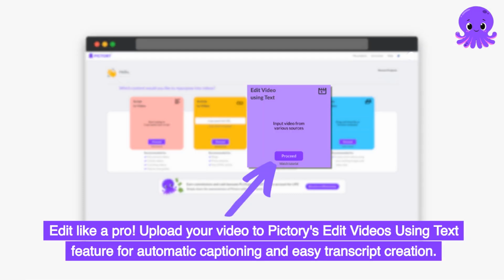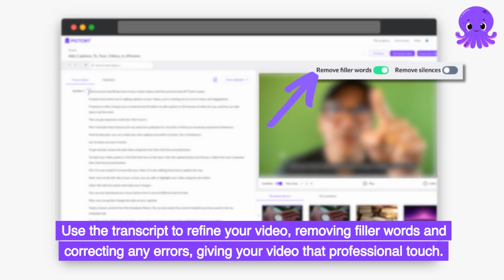Edit like a pro. Upload your video to Pictory's Edit Videos using text feature for automatic captioning and easy transcript creation. Use the transcript to refine your video, removing filler words and correcting any errors, giving your video that professional